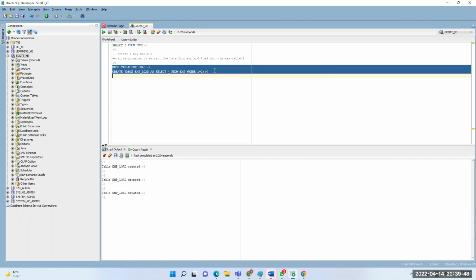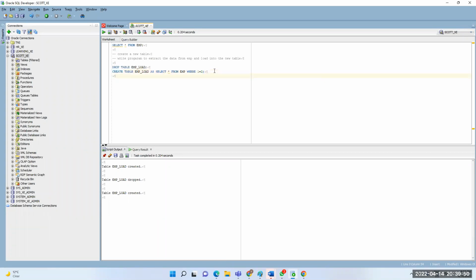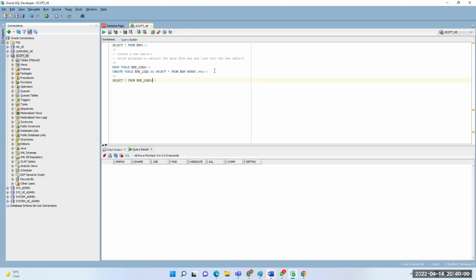Now I dropped the table and recreated it again. Select star from EMP load. Now we don't have any data here. Now we need to write a program actually. Okay, declare.